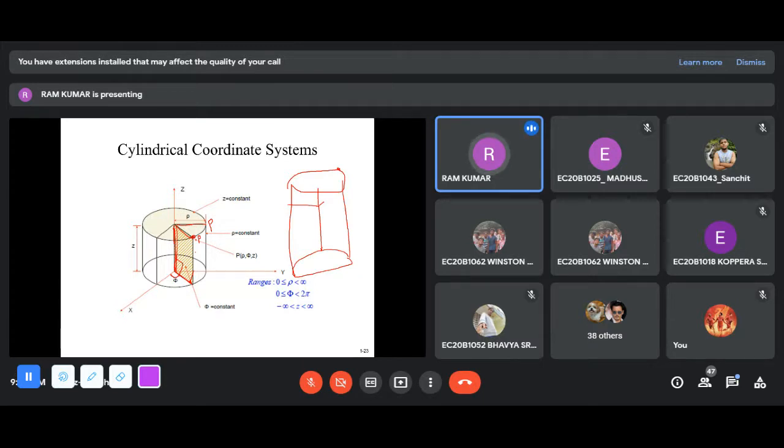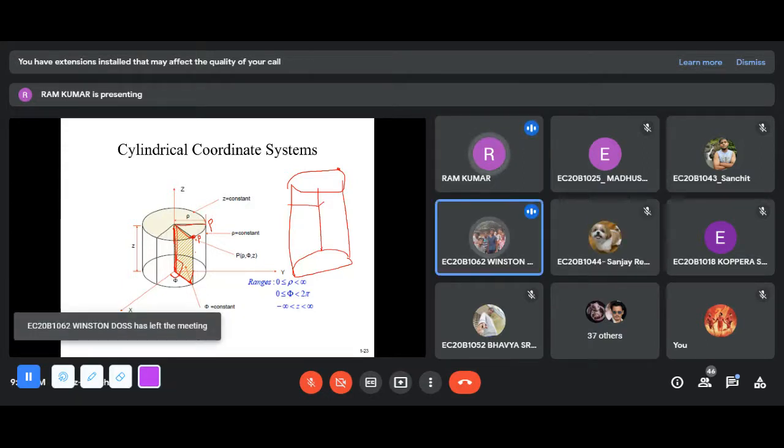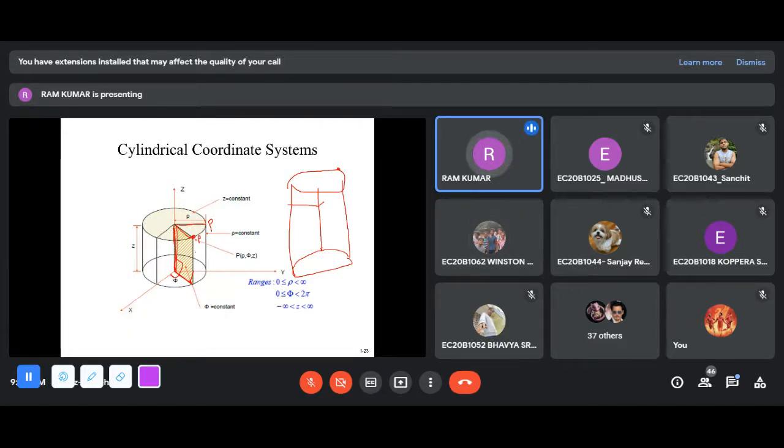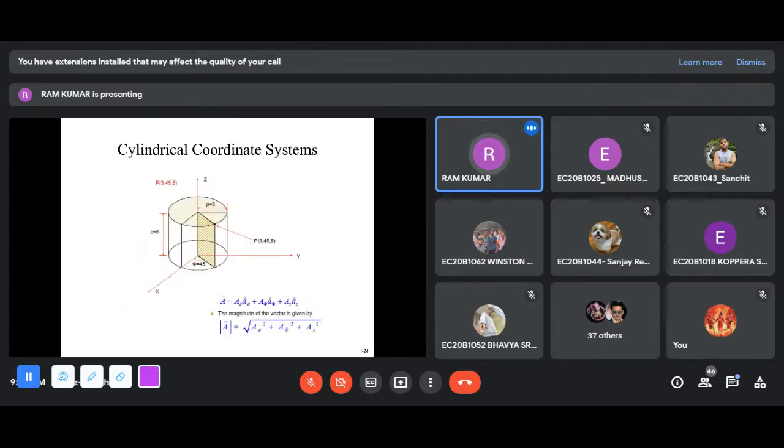You are thinking about how there will be a direction in the angle. That is your question, right? You just think in another way. What is actually the angle phi? Phi is the angle between the x-axis